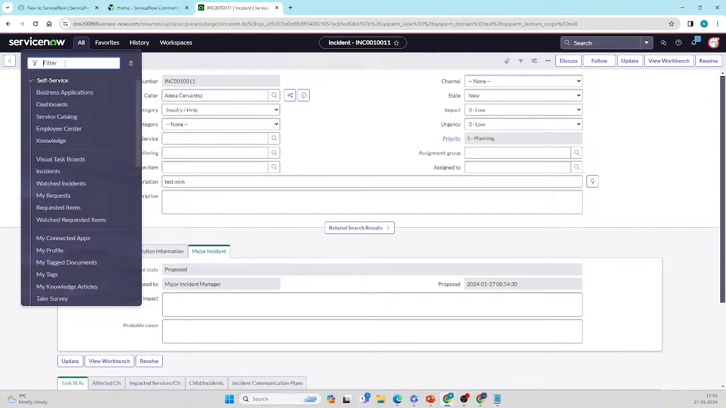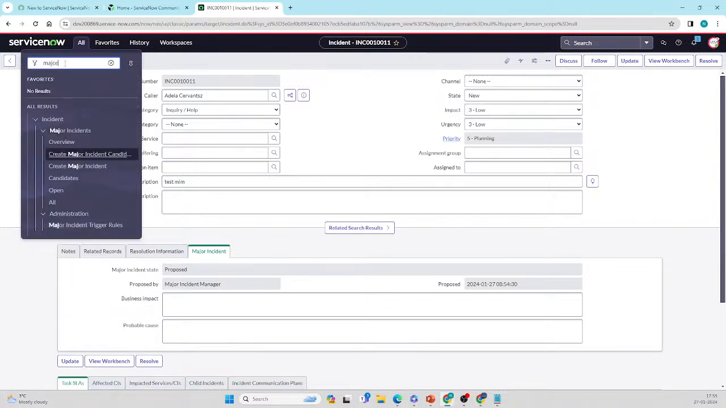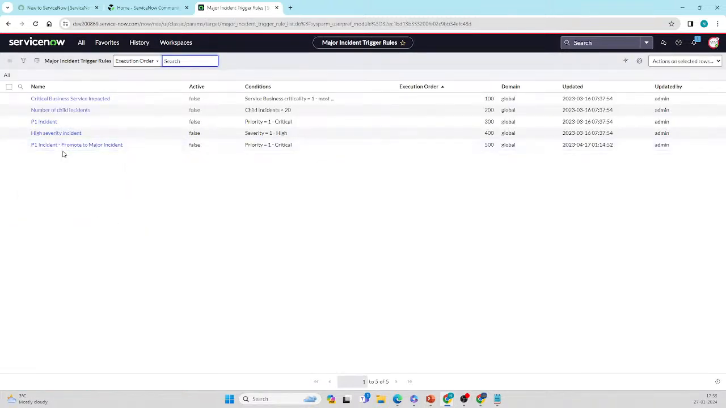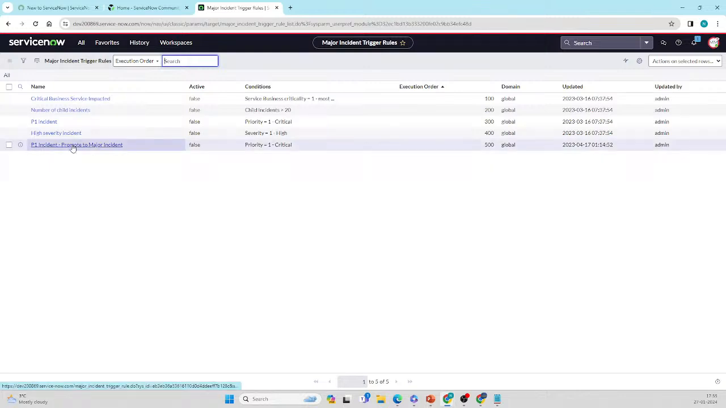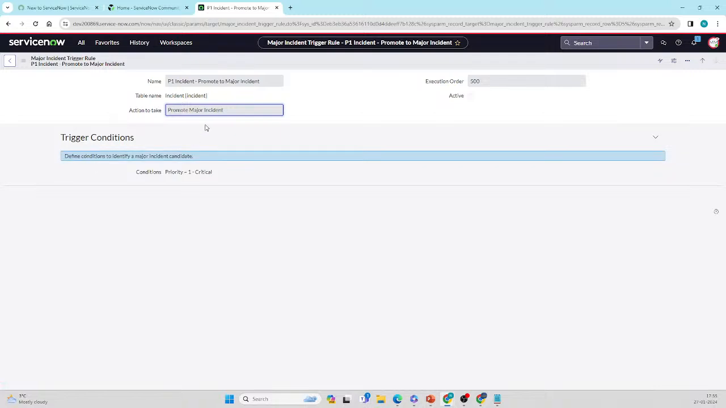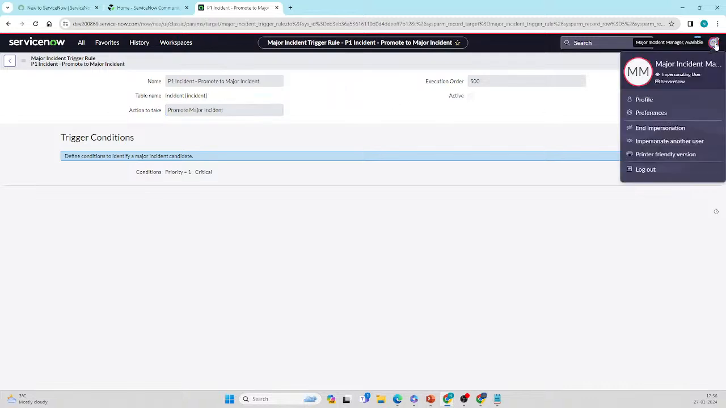Now you can see there are some major incident trigger rules. For example, all these are active by default. If you see P1 incident management, if a P1 incident is promoted to major incident, the promote major incident condition is critical. This is, I think, in the major incident application. So maybe we have to